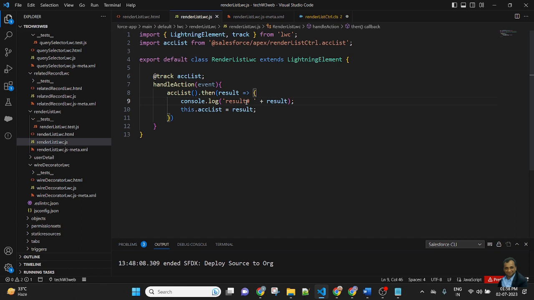If data is got, then this list of data will be stored in this variable. If data is not found, then it will go to the catch.